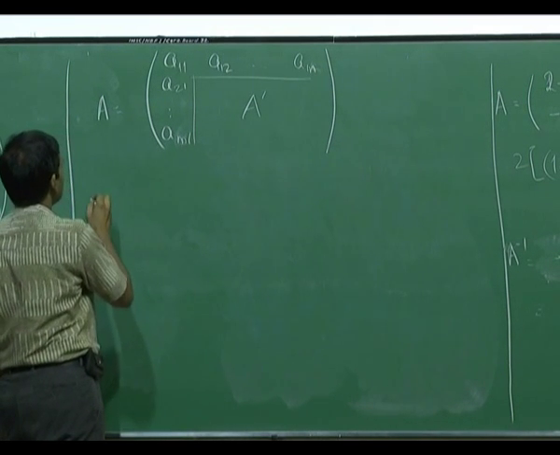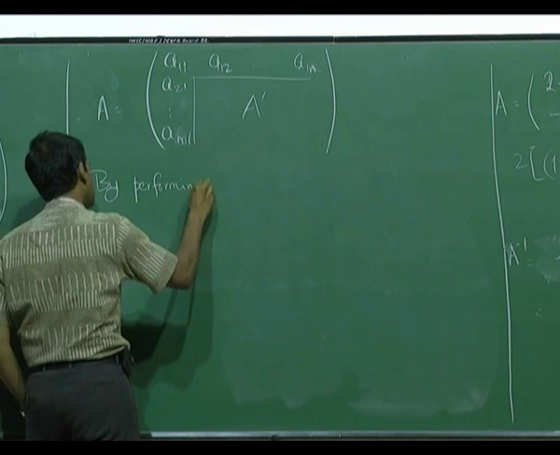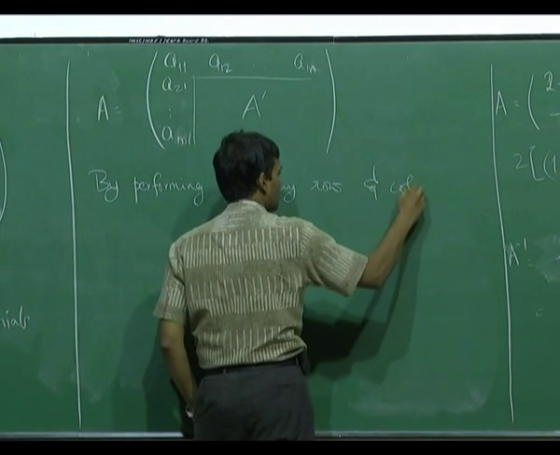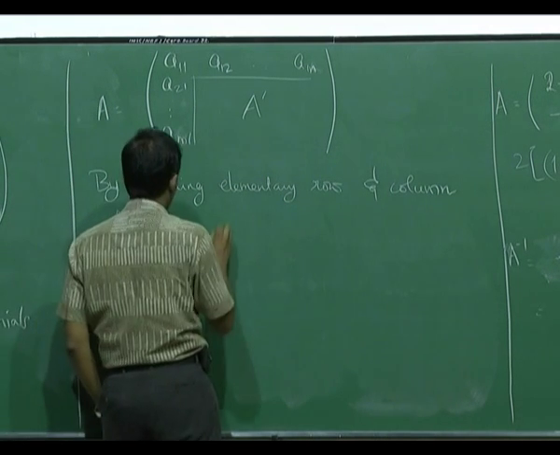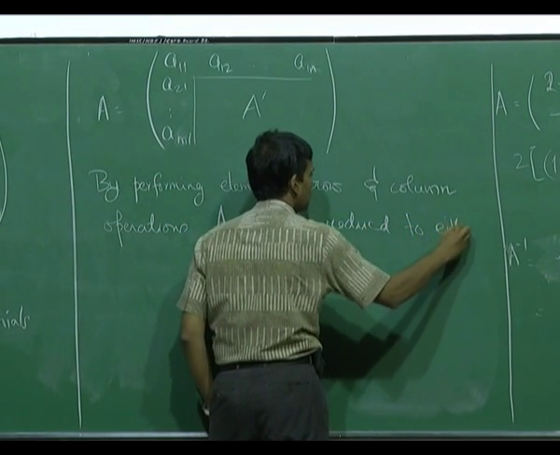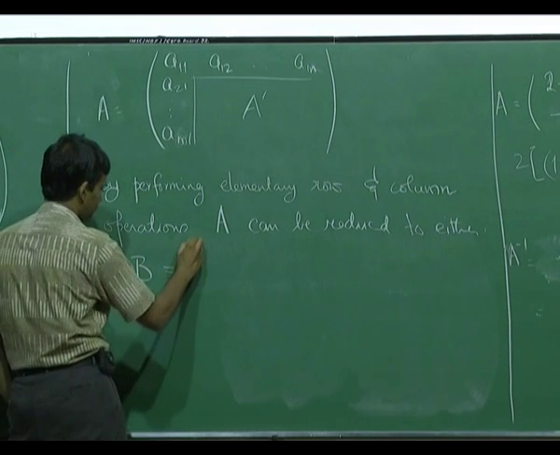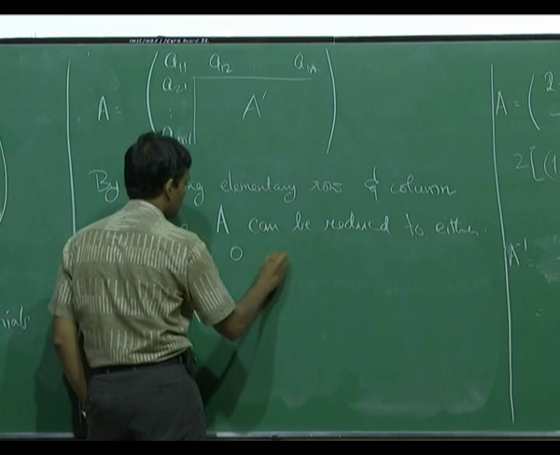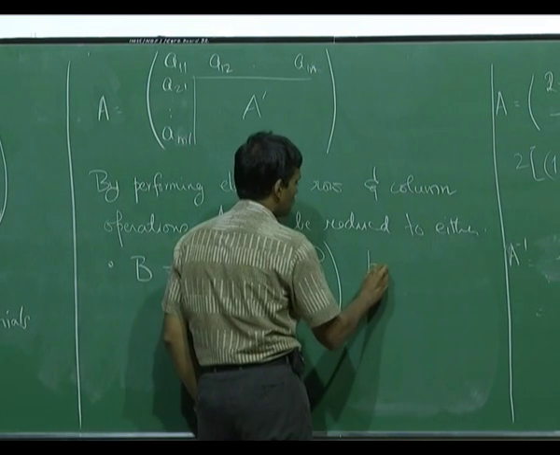It will, by performing elementary row and column operations, reduce A to either, so the good case is B, where B is of the form B11, then zeros along the first row and column, and then B prime, and B11 divides